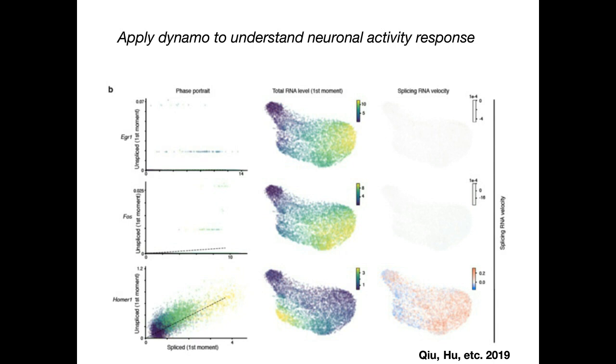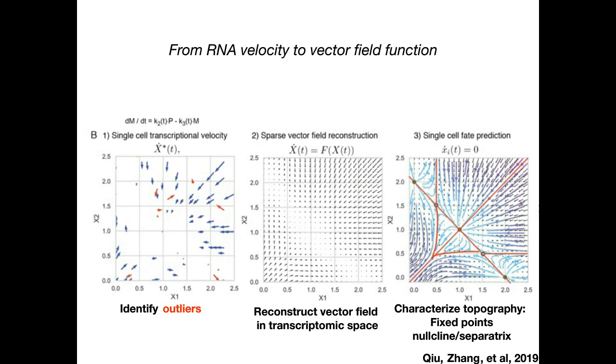and it also explains why the velocity flow looks really messy. All right, so now I've talked about how we can use our framework to estimate the good parameters for alpha, beta, gamma, and how to obtain the time resolved RNA velocity on the labeling data. Next, I would like to show you how we can move from RNA velocity to get the vector